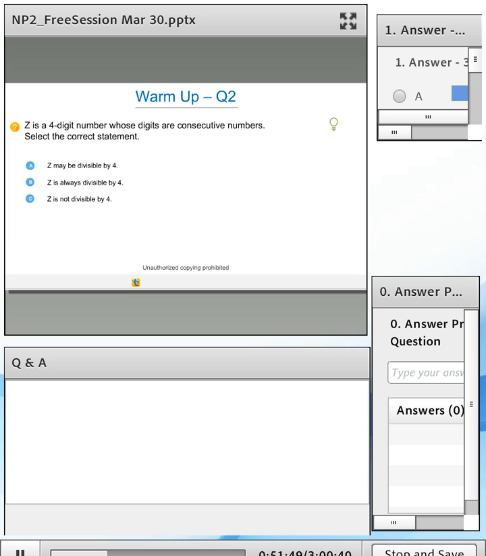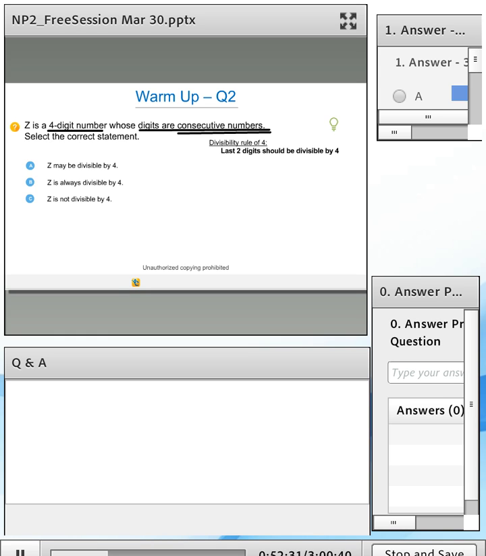Okay, so let's go through this. So divisibility rule of 4 is what? Last two digits should be divisible by 4. Very straightforward. Now, what we know over here is that z is a 4-digit number whose digits are consecutive numbers. So now if the digits are consecutive numbers, what all could be the possibilities? In the previous case, how we processed the information about consecutive numbers was that we assumed x plus 1, x plus 2, x plus 3. Why did we do that? Because we needed to find the sum of the 3 digits, because that's what the divisibility rule is all about